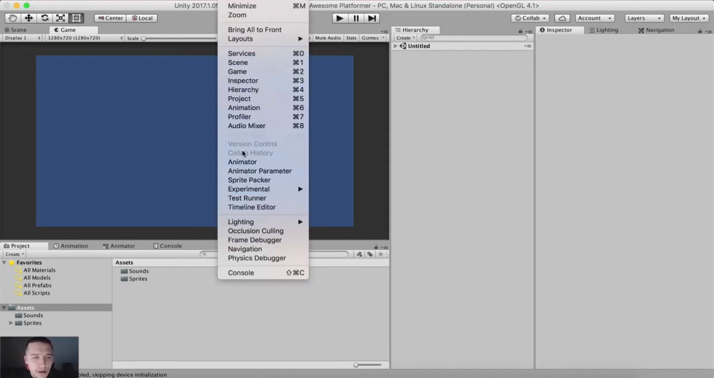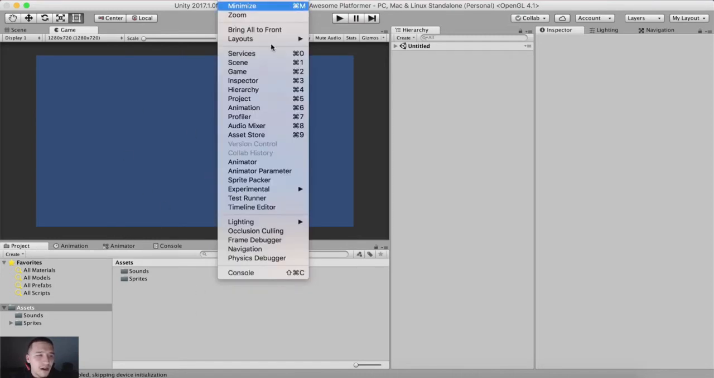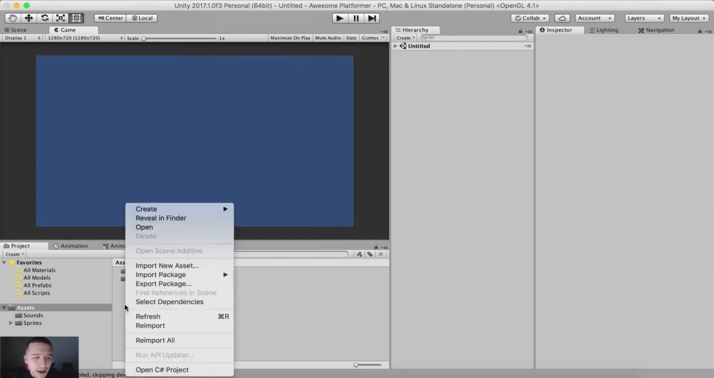They are all under Window, so animator, animation, project, hierarchy, inspector, game, scene, console, and so on and so forth. All of these tabs are right here under Window, and I will also say that again when we start using these tabs. Now, the first thing that we want to do is create a new folder by right-clicking here